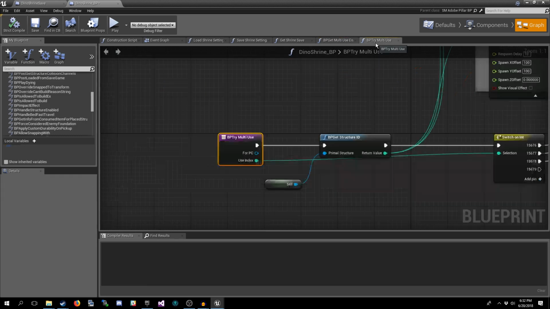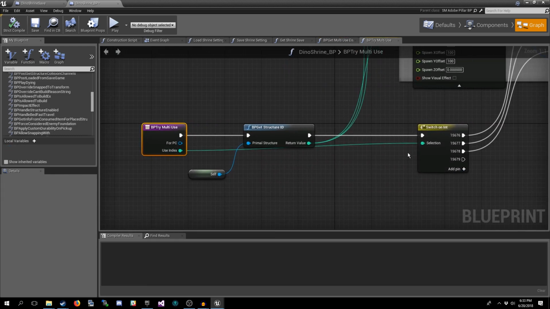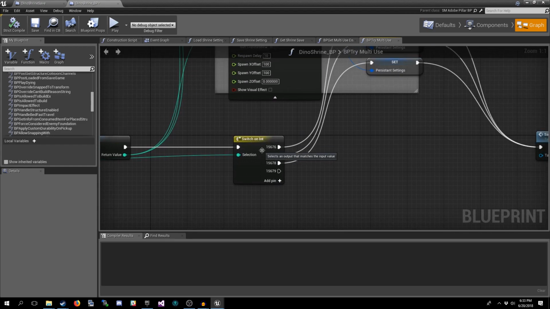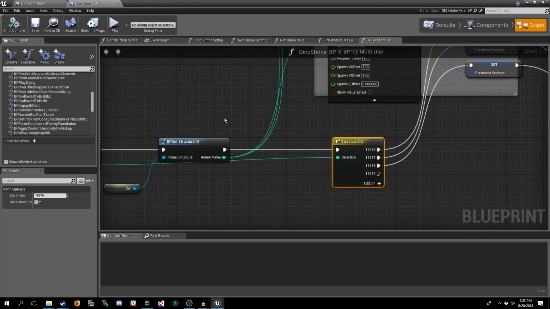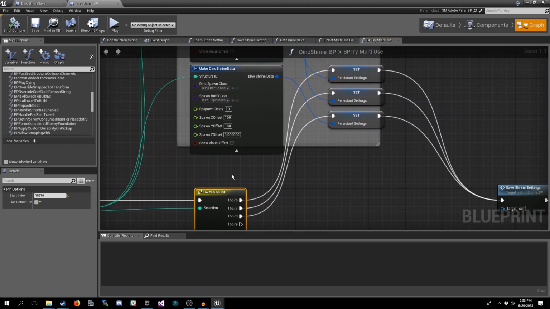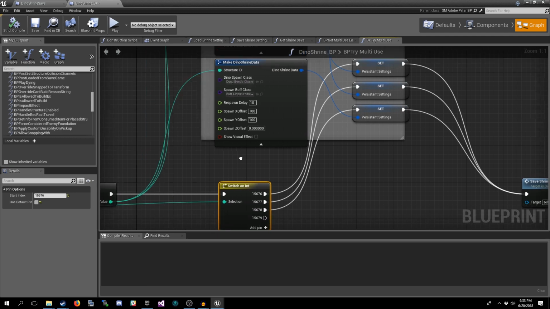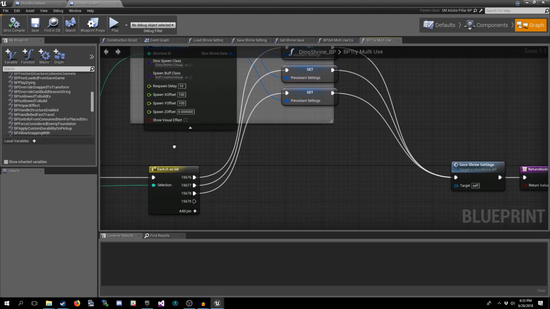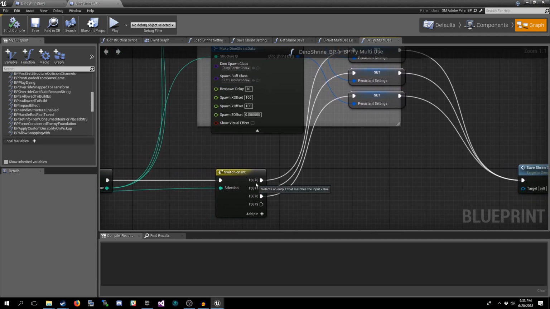And the reason I do this is because we can take this use index, pop it on a switch on int, and then just from the lowest index, just add a bunch of pins. And then based on this use index, it decides what code we run. This is how the multi-use works: when an option is selected, this function is fired with the use index that was selected. So based on that, these three are our debug options.